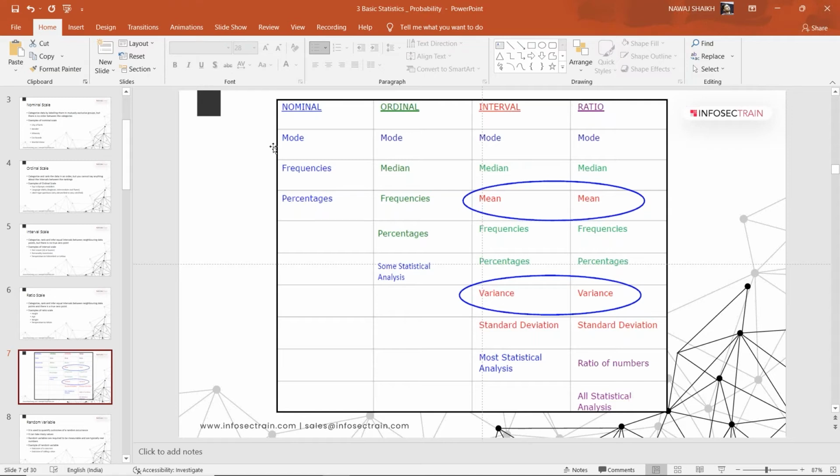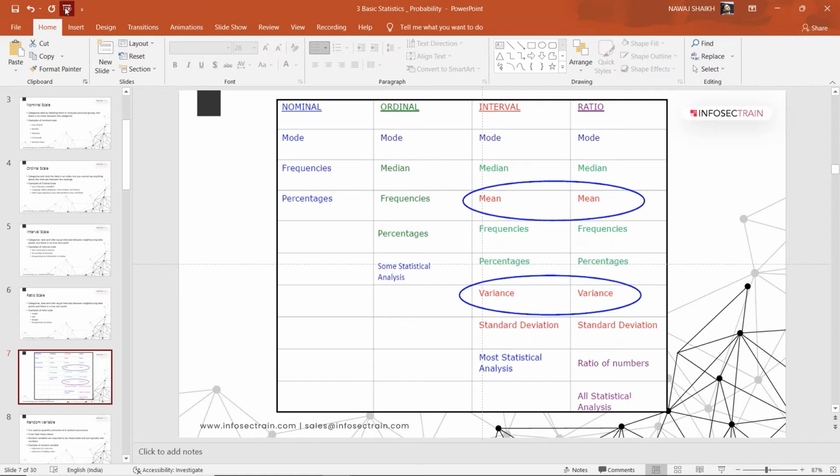But on ordinal scale data we can do mode, median, frequencies, percentage and some statistical analysis. Here a new term is introduced, which is median. Median is nothing but the middlemost observation in the data.